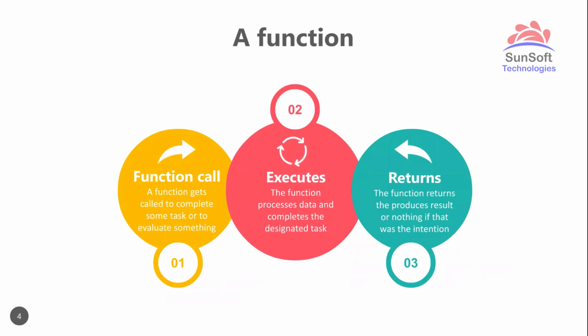First and foremost, for a function to do some task, it needs to be called. No function can work unless it is called. For any function to work, it may or may not need data to work on. This data, if required by the function, is supplied in the form of arguments at the time of a method call. For example, a function to find the square of a number needs to be supplied the number to be squared. Similarly, a function might need some data to work with.